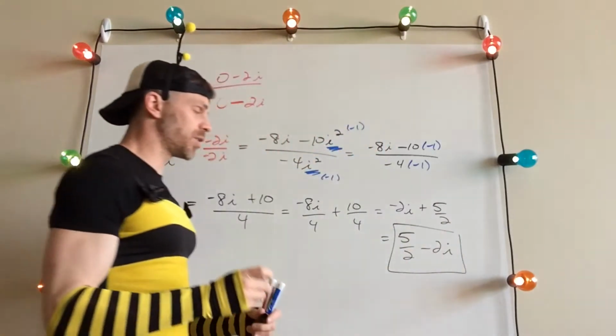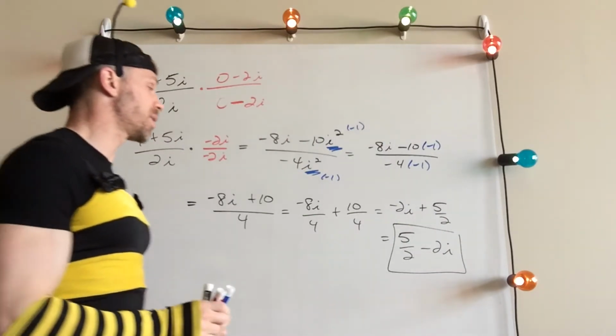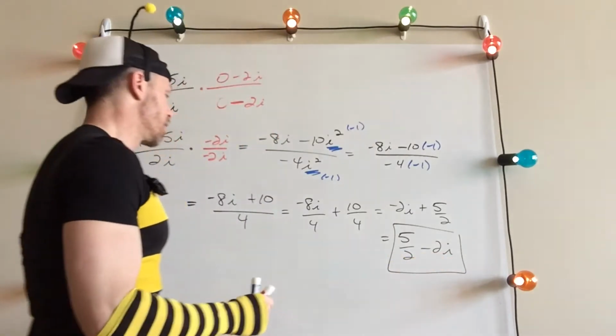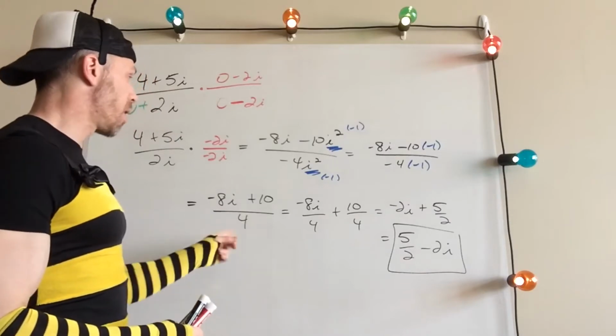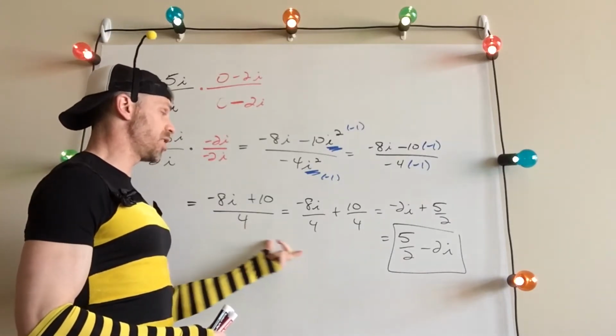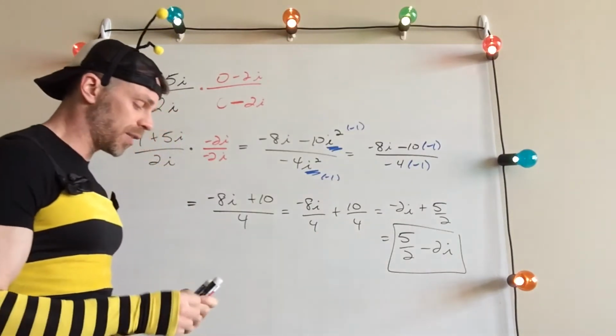And we should put our answer in standard form. Standard form always has the real piece first and the imaginary piece second. All right, real piece first and imaginary piece second. I strongly suggest when we simplify our big fraction, to change it into two separate fractions, because too often I see